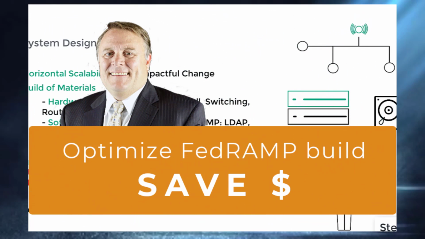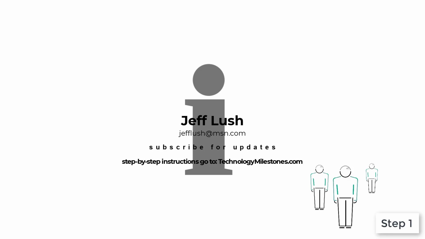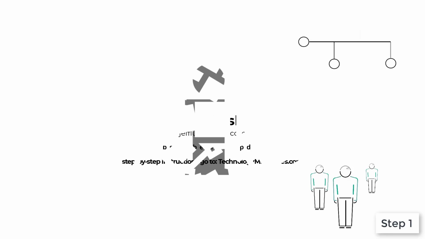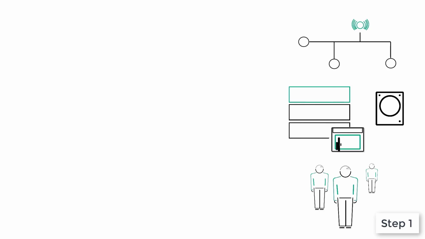Building a secure system or ATO'd system for a FedRAMP environment, for example, does require some thought into the process. And today we're going to review some of those things. The building of the architecture, like the network, the servers, the application software, the storage, all of these items are factors when you build out a system design that will go through an ATO process, or in this example, a FedRAMP process.